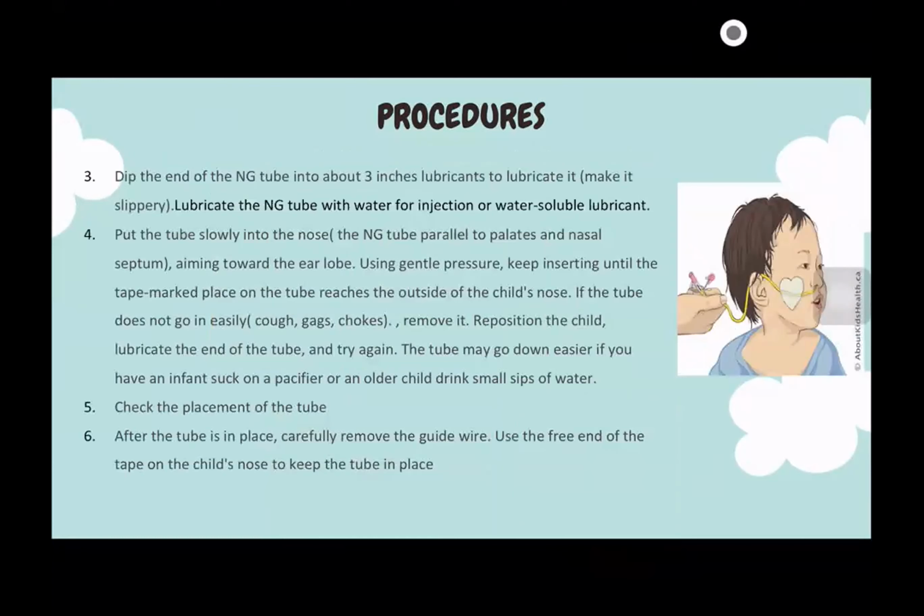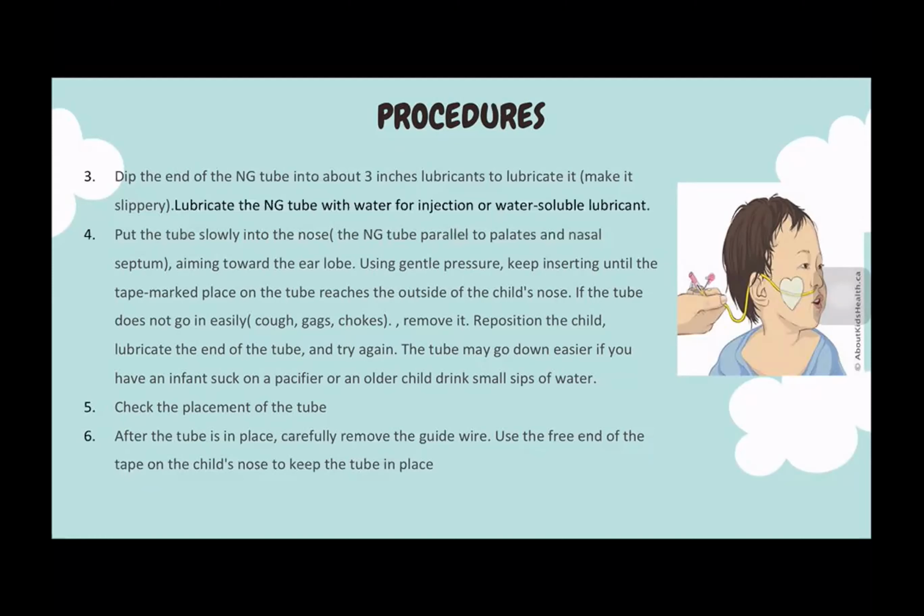Okay, next you dip the end of the nasogastric tube into about 3 inches of the lubricant, and you put the tube slowly into the nose, where you should make sure that the nasogastric tube is parallel to the palate and the nasal septum. And then you aim the nasogastric tube towards the earlobe. Using gentle pressure, keep inserting the tube until the tape mark placed on the tube reaches outside of